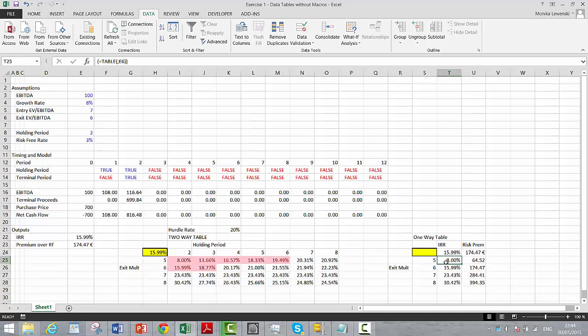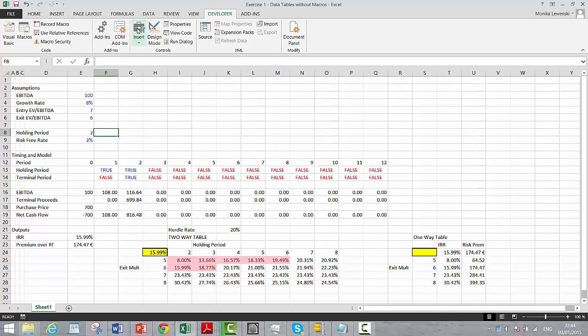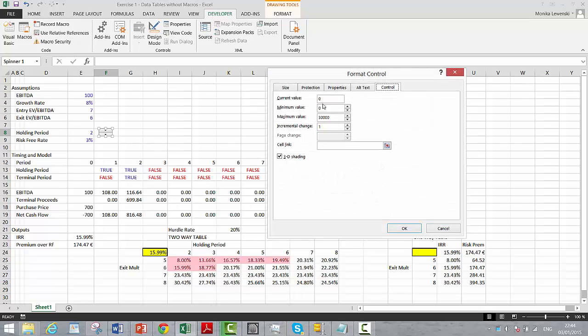Now, to make this a little more effective, let's say we don't like this, and we could just switch to our developer tab really quickly, put a little spinner button, and make it go from 2 to 12. Okay, so let's put a minimum of 2, a maximum of 12,